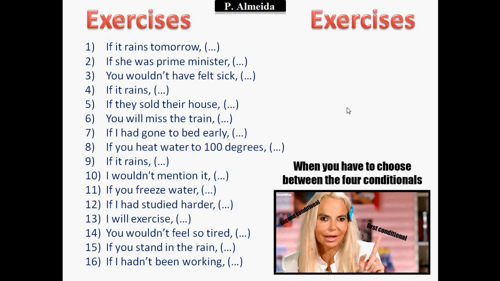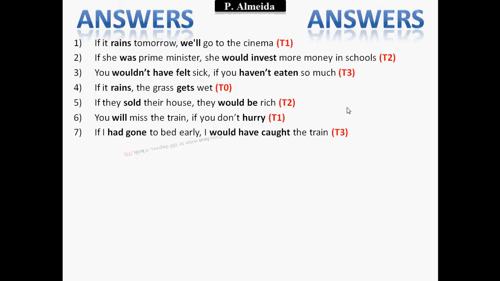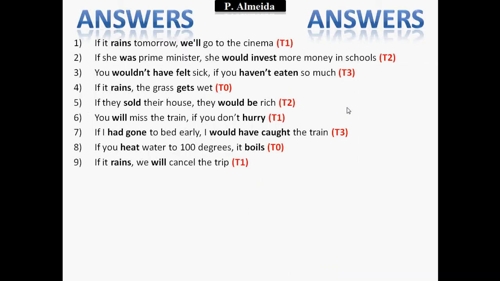Next one, if it rains, again, you're free to decide how you want to make the rest of your sentence. I decided to make it as a type 1 and saying that people would cancel the trip. So you would have, if it rains, we will cancel the trip. Again, I do realize I didn't tell you what the next sentence would be about or the result or the condition would be about. You're free to decide for those ones because I just wanted to make the exercise a little bit harder, but